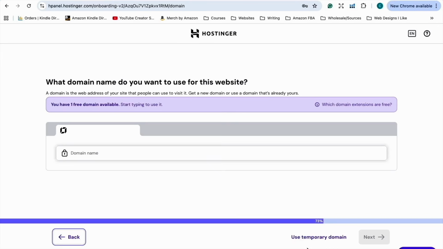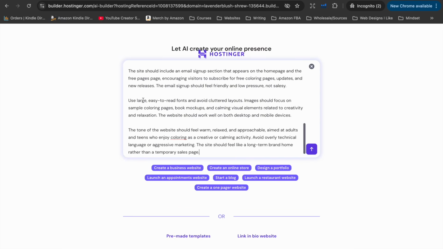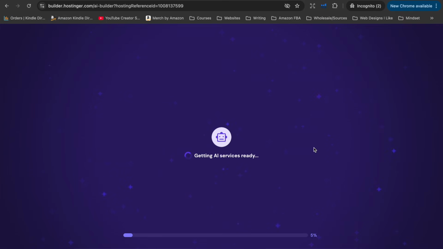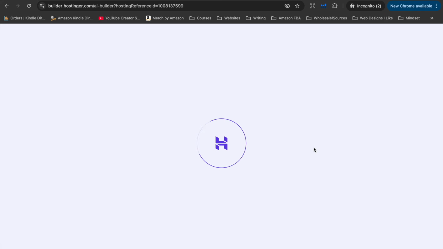So I'm just going to pop in a description about what this website's going to be about. And this will literally take a minute and you will have a complete website. You can customize every part of it. You can change the colors, you can change the text, upload your book, add your Amazon links so that you can send customers to Amazon to buy your book. You can add an online store if you do want to sell your books as digital products or you want to add other products related to your books.